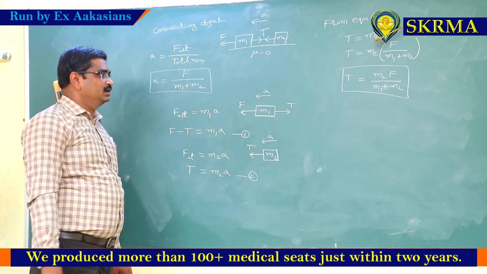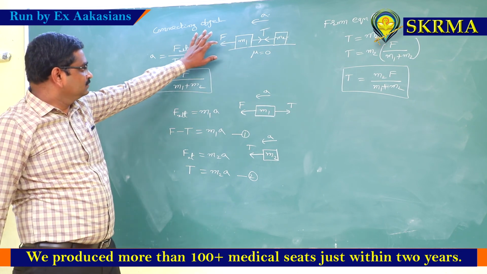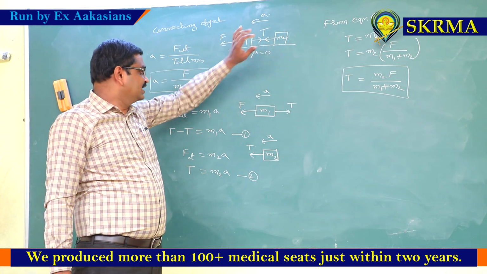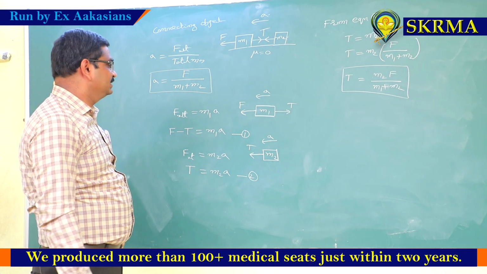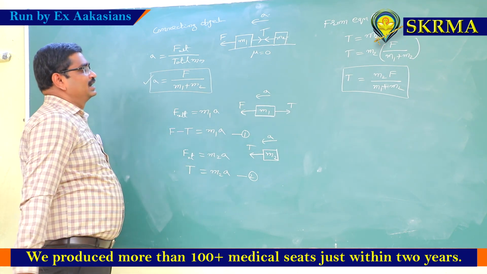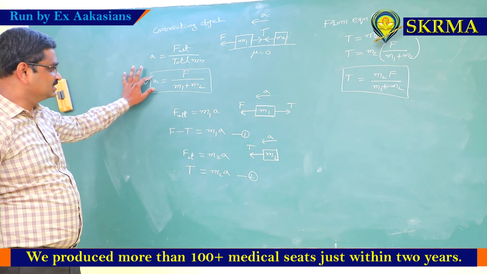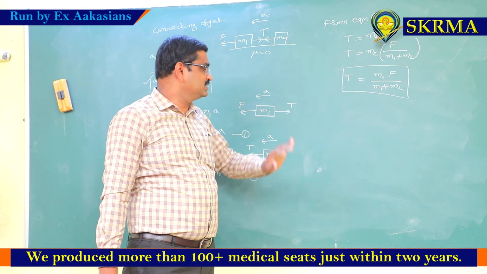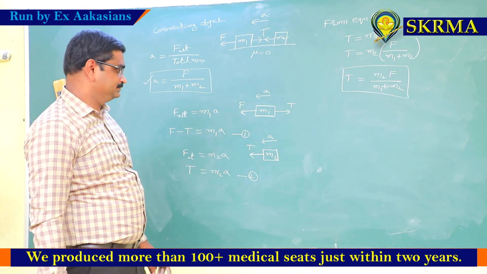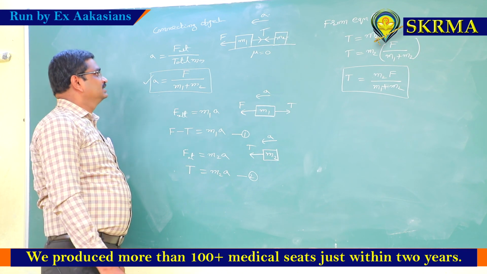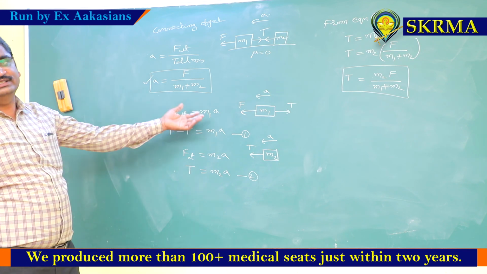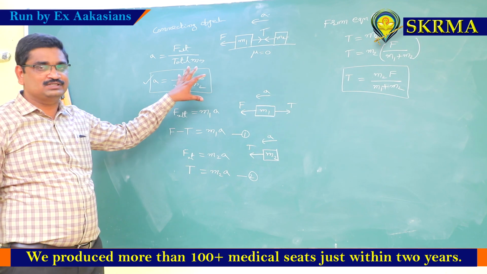So this is about force, net force, tension in the string and acceleration when bodies are connected by a string. This is the acceleration value, and this is the tension in the string when they are connected by a string. Now, this is the second case. If three bodies are there, then also we need to use a similar concept.